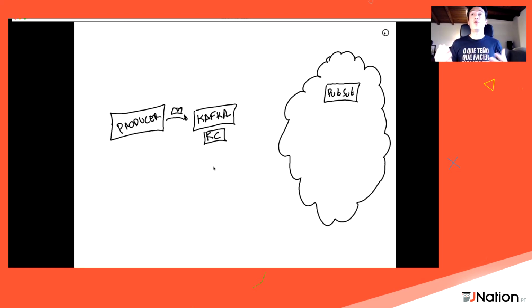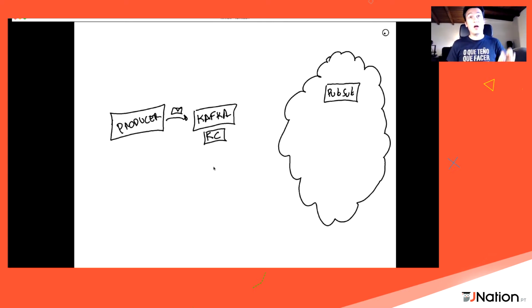Of course, we could use Kafka too, but in our case, we prefer to use PubSub because it's integrated with other cloud services. So it makes our life easier. But in other cases, we use Kafka. So that depends a lot on your use case. But as an example, let's use PubSub.